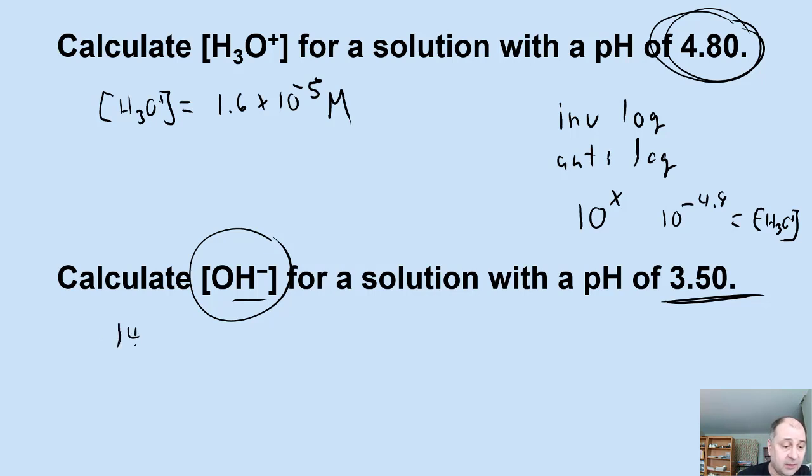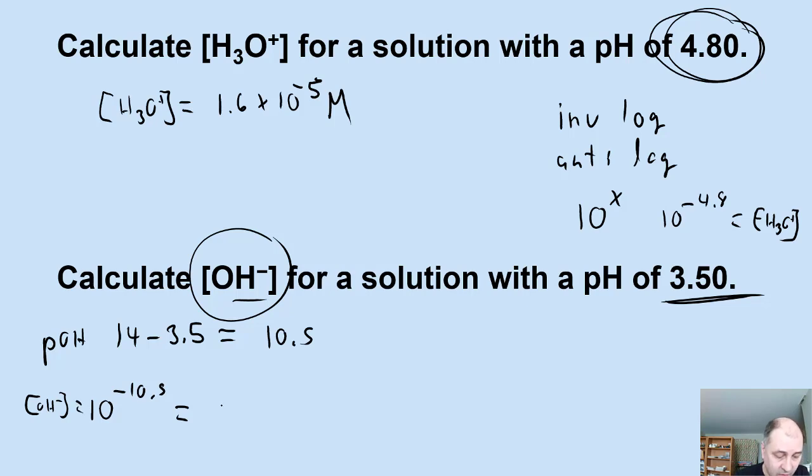If you take 14 minus 3.5, you end up with a pOH of 10.5, and if you take the inverse negative log of 10.5, this would be the hydroxide ion concentration. You get a value of 3.16 times 10 to the minus 11,